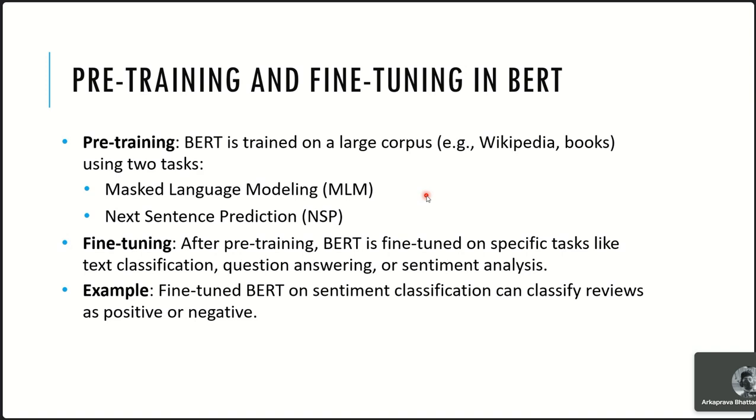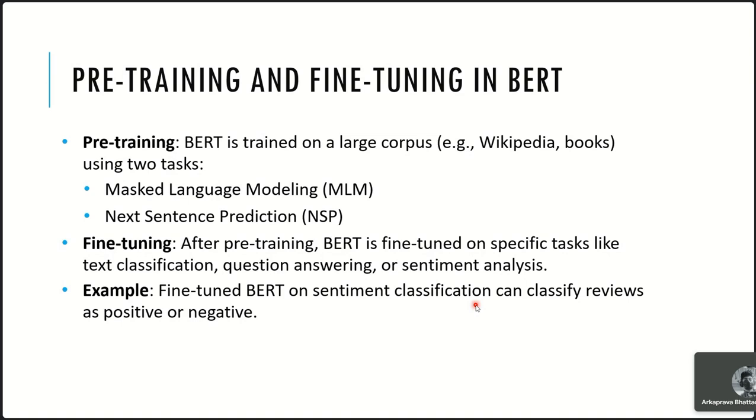And for a specific task, like text classification, question answering or sentiment analysis, any specific task you take, all we will be doing is fine tuning the pre-trained model. For example, fine tuned BERT on sentiment classification can classify sentences into positive or negative, given the